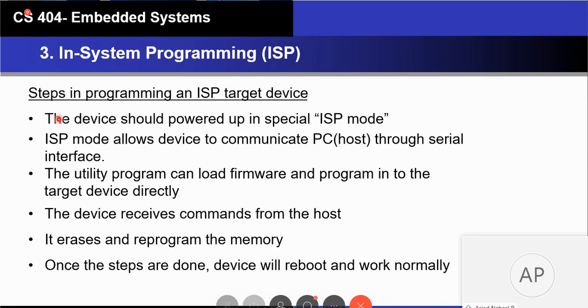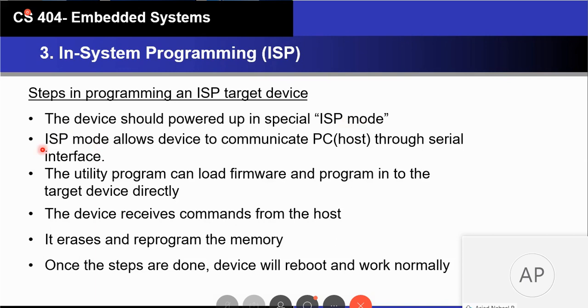Likewise, if the device is powered up in the normal mode, it will load the firmware. But for ISP programming, there will be some buttons or some method, depending on the target device, to power on the device in a special mode called in-system programming mode, ISP mode.